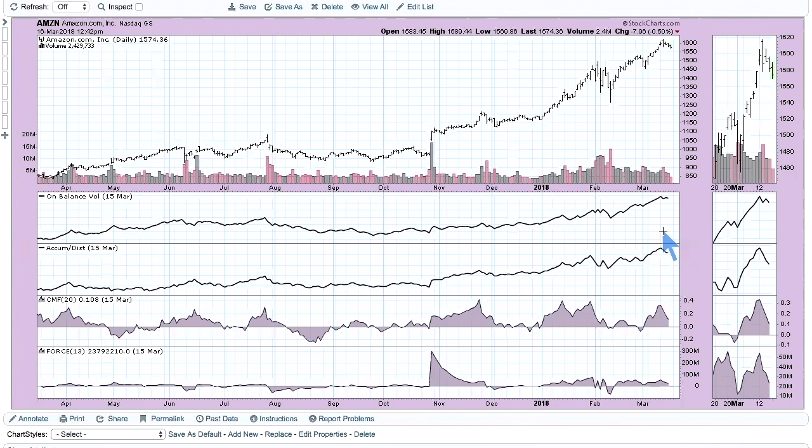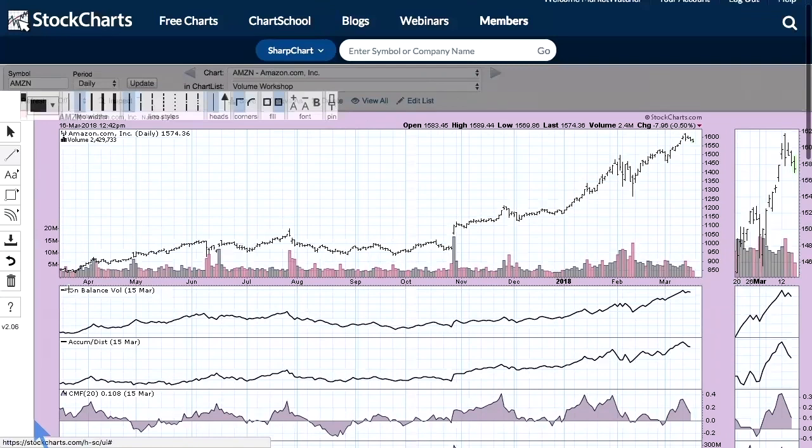So let's look at the similarities and differences here. All right. So first of all, on balance volume, like I said, I like to use it. It's simple in my mind. I can visualize it very easily and quickly because I used it all the time. And it's really very similar, as you can see, to the accumulation distribution. But there are times where they will diverge. They won't work quite the same. I'm going to get my little annotation tool going here.